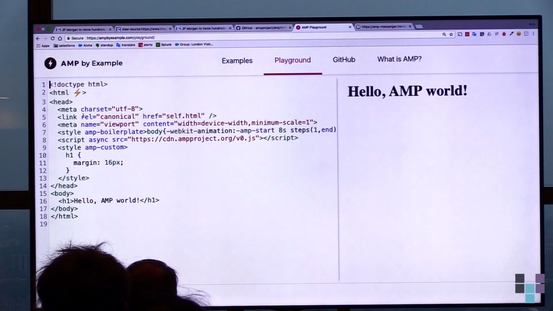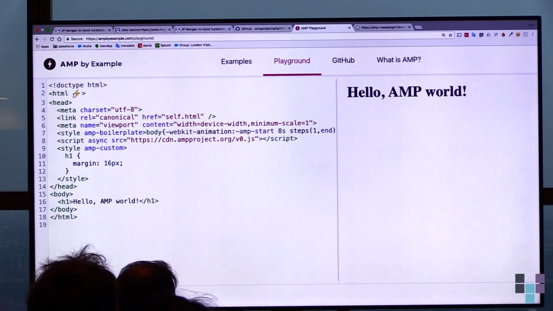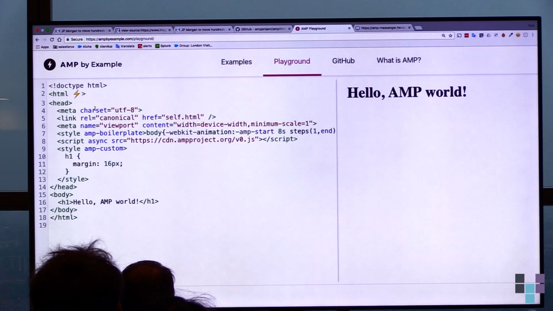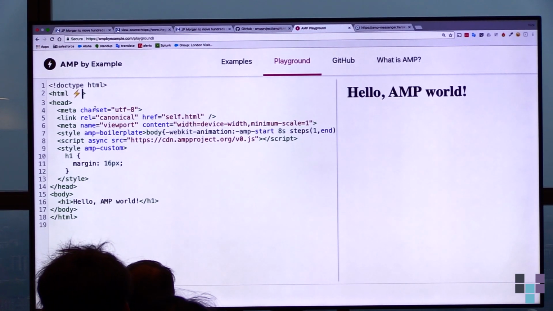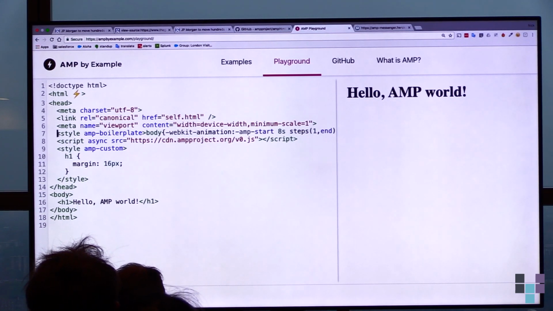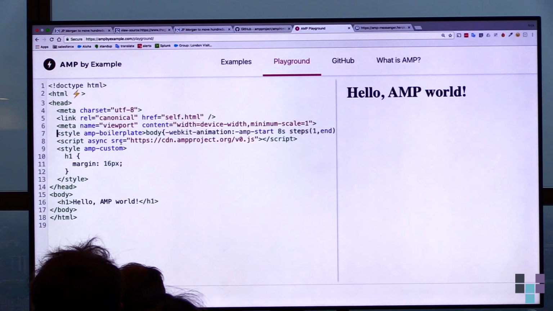You see there's a few things you have to do. You have to declare at the beginning of the HTML tag that this is an AMP file, so you can either write AMP or use the lightning bolt icon. And so this basically tells everyone, okay, this is an AMP page. And then you have to declare a viewport. Here's an interesting bit, so you have to include a bit of boilerplate, which is